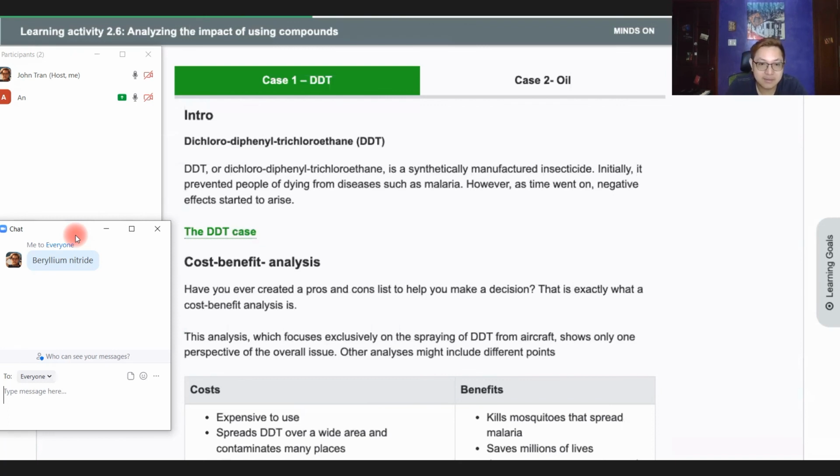This is exactly what a cost-benefit analysis is. It is an analysis which focuses exclusively on the